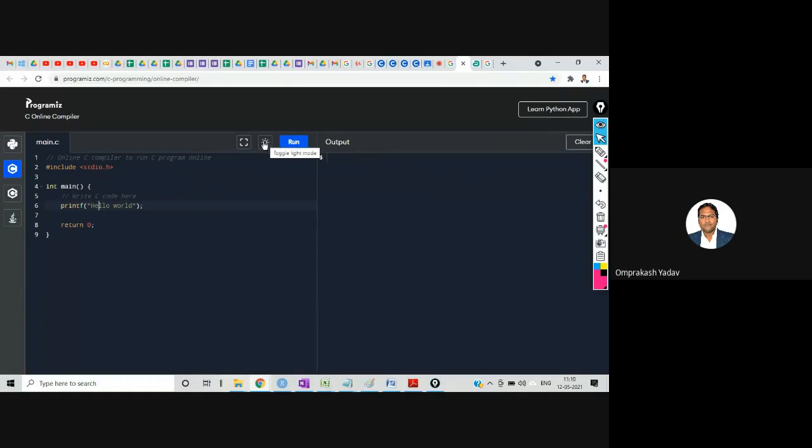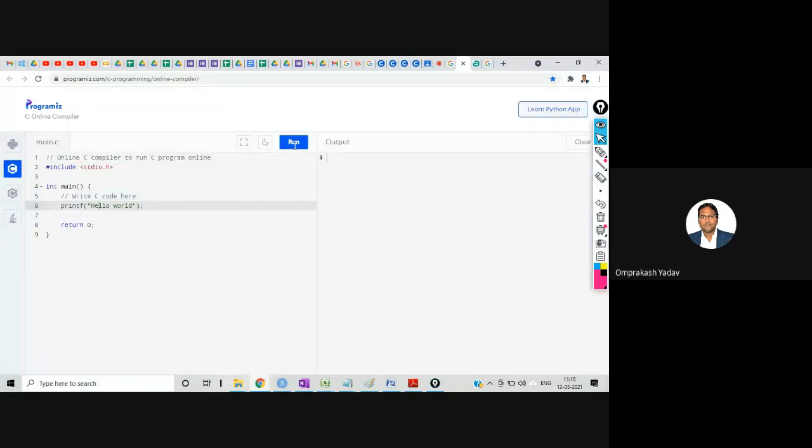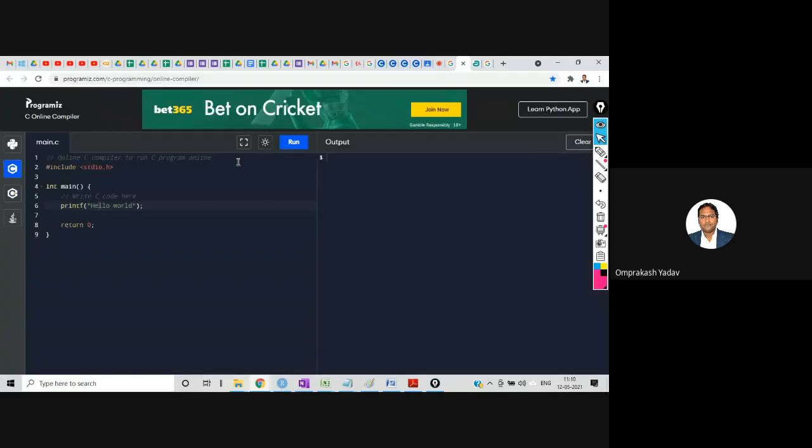From here you can change the color, so this will be night mode or light mode. Once this page opens, this code will already be there, because almost every program will have it.